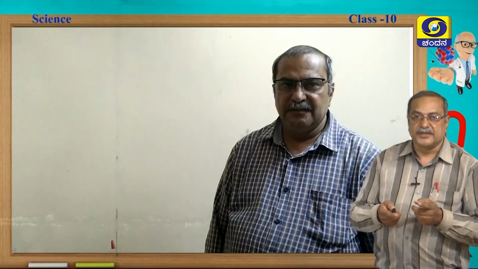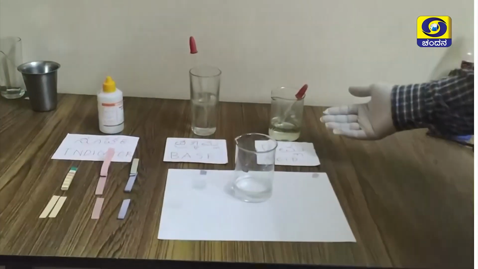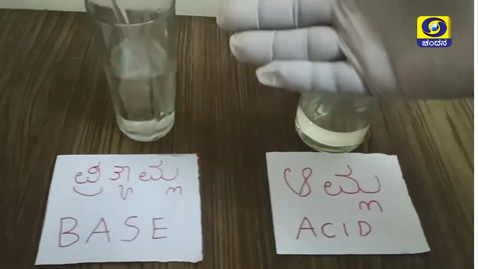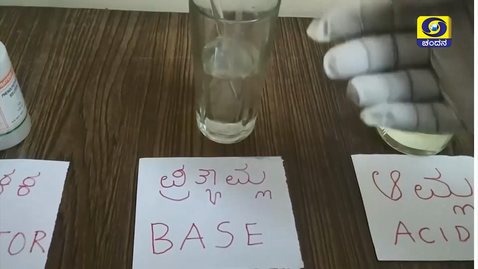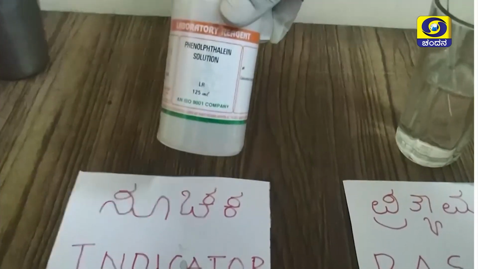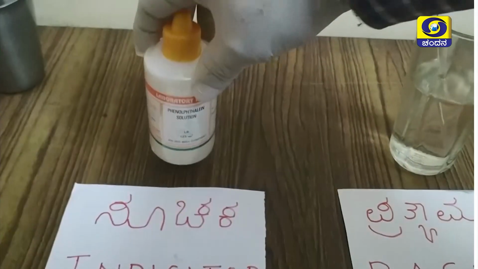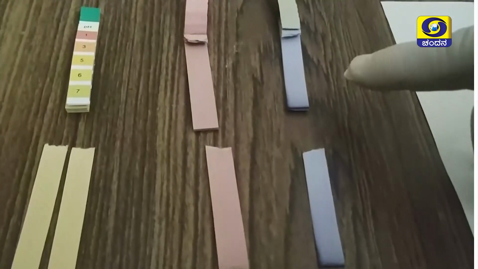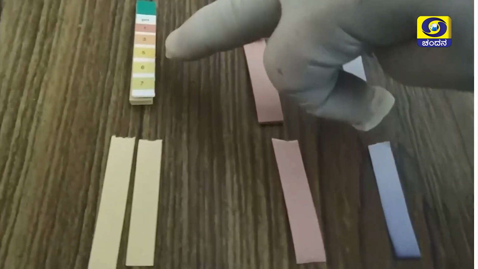So, let us see the experiment. See here what is happening. The reactions we are going to find out without touching, we are going to have the neutralization reactions. Observe the experiment carefully. Now, look at this one. I have taken the acid, that is hydrochloric acid, and a base, sodium hydroxide, and this is the indicator, a solution of phenolphthalein. I also have some colored papers, that is blue litmus paper, red litmus paper and pH paper.